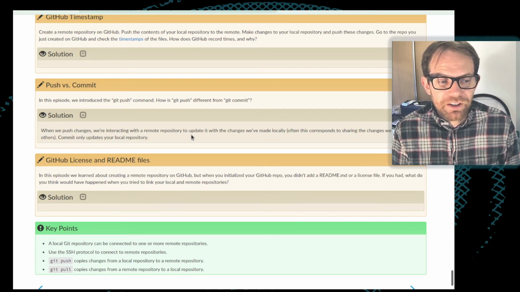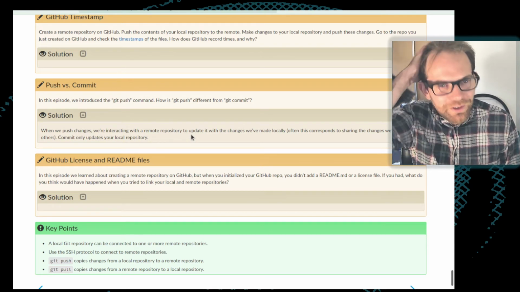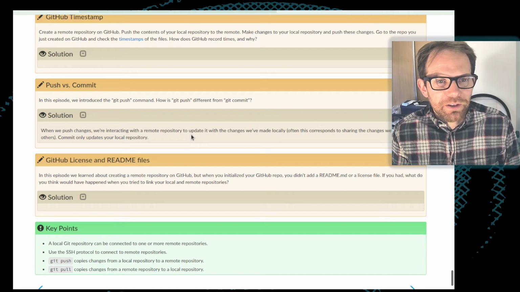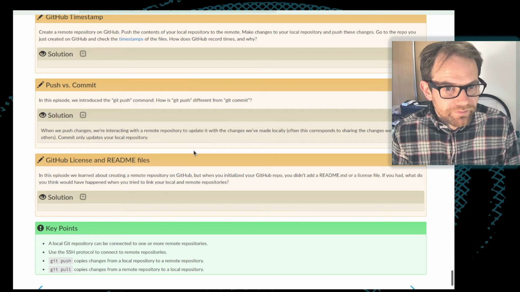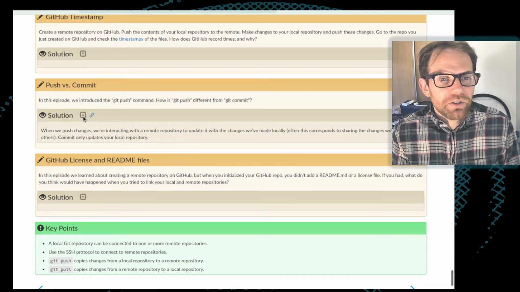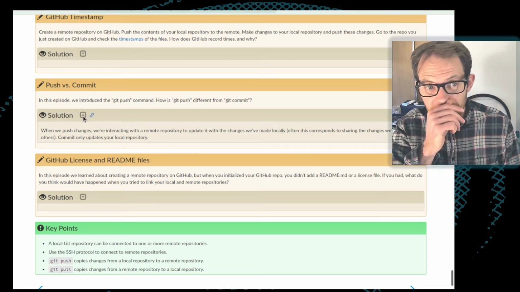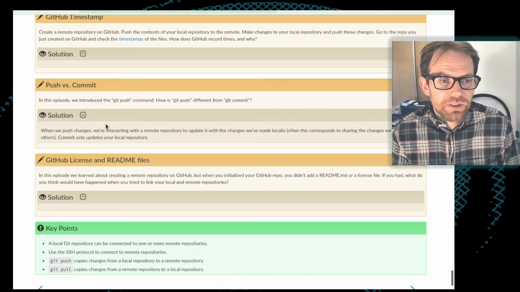The number of times that I have worked on something in the office and decided I'm going to go home, work on it from my laptop at home, forgotten to run git push, realized that all of the changes are left on the office machine, and I then either have to connect to the office machine to run the git push remotely on that machine, or possibly more healthily from a work-life balance perspective, I've had to not work in the evening. But yeah, remember, git push needs to be something which you do potentially after each commit, but at least reasonably frequently.